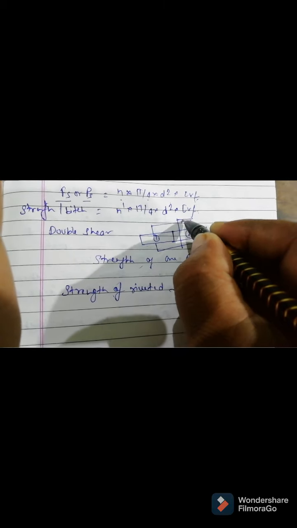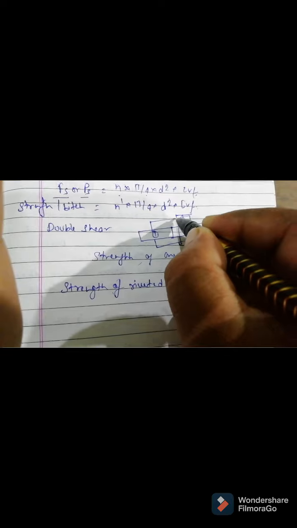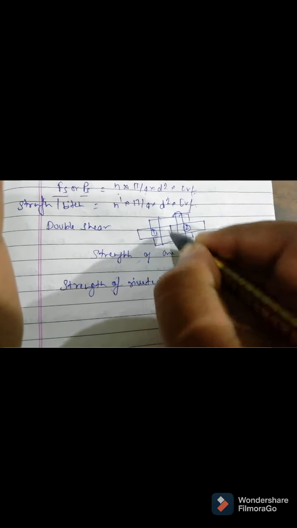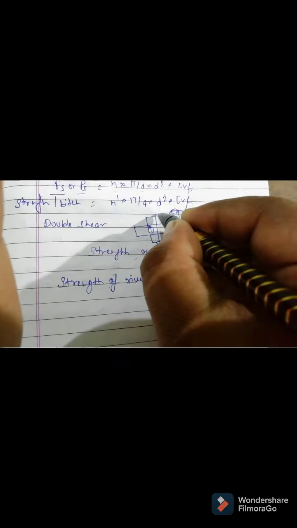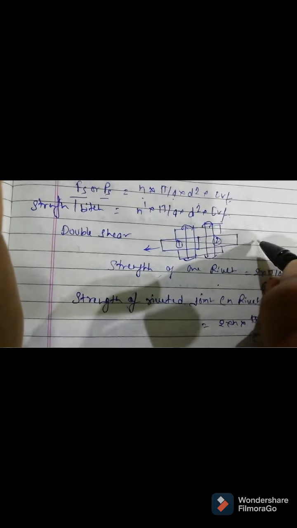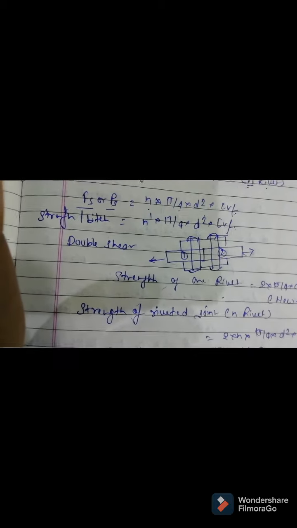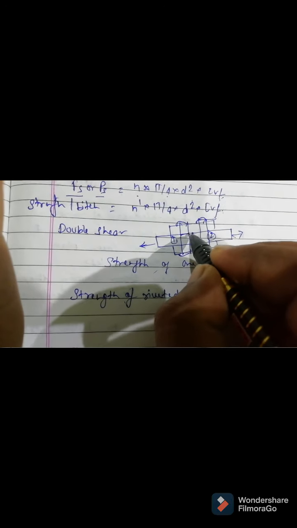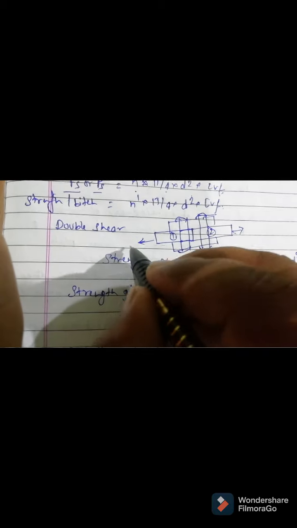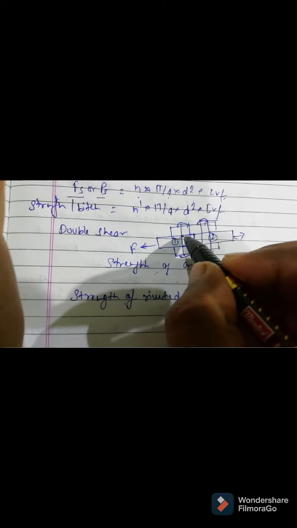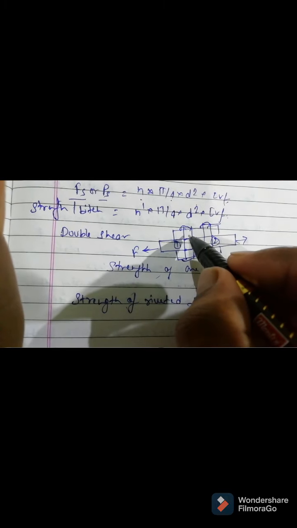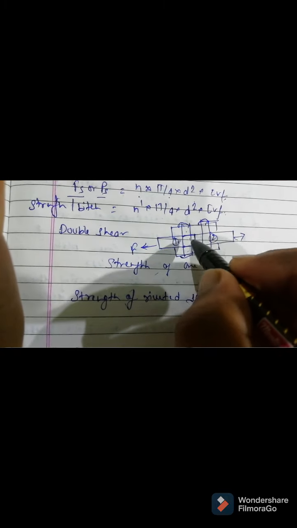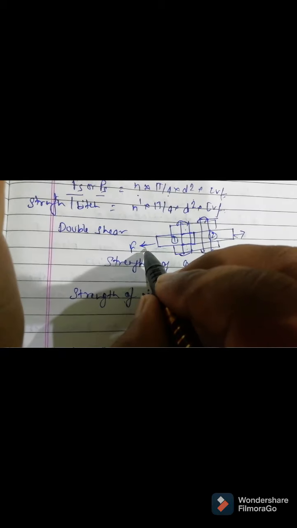Now this is your rivet, and we provide the rivets. See what happens if a force is applied here and here. Suppose this is a tension force. Shear will develop here, and shear will develop here. For the same force F, suppose the shear tau is developed. So this tau by 2 will take the total force.